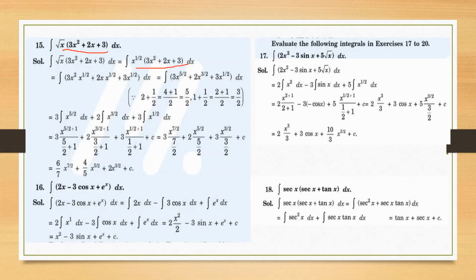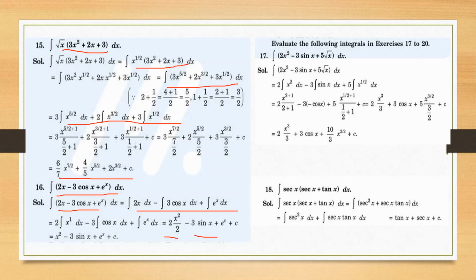Now 2x minus 3 cos x plus e raised to power x, again break it. What is the integral of 2x? It is 2 into x square by 2. And it is minus 3 sin x. Don't get confused, as we know that d/dx of cos x is minus sin x. But here the integral of sin x is minus cos x, not the integral of cos x is minus sin x. This confusion is there in the initial stages when we apply integration, and the integral of e^x is e^x plus c. This is again simple to integrate, like separate all of them.